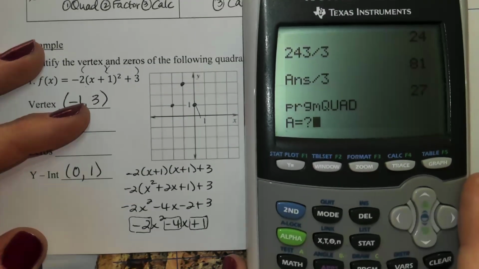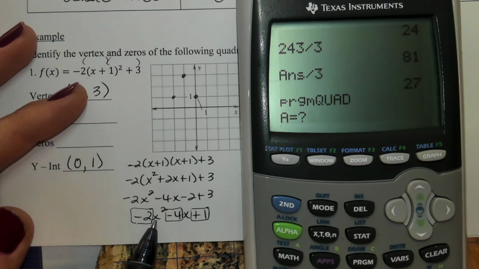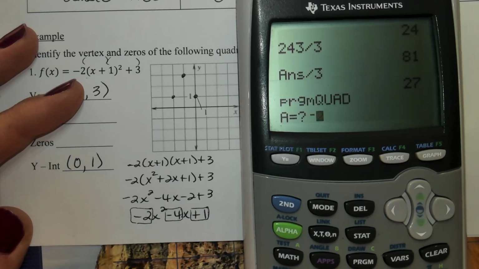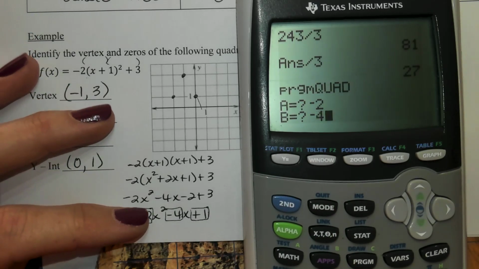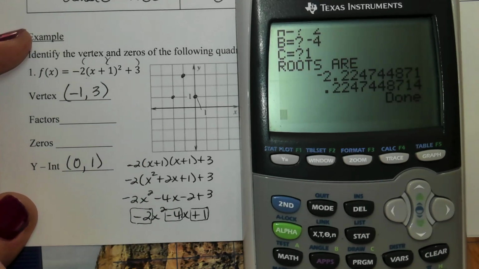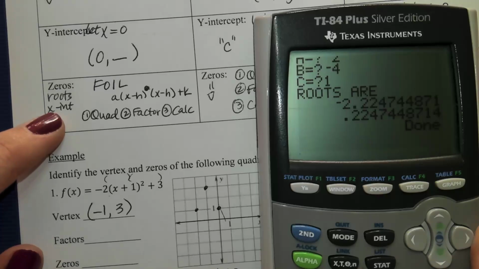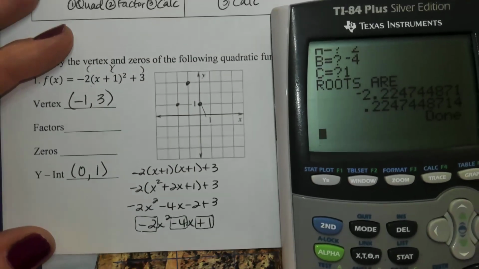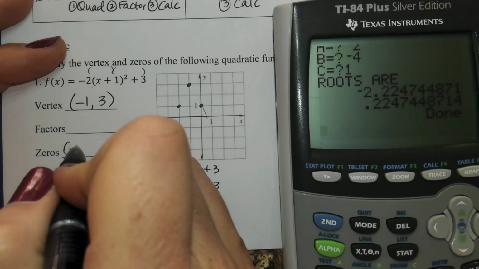Please make sure that you take the negative with, but don't take the variable. So we're not typing x's in here, we're just typing the number. So -2, and then -4, and then +1. And so it's going to give me my roots, which again are the same as your x-intercepts, same as your zeros. So our zeros happen to be at -2.2